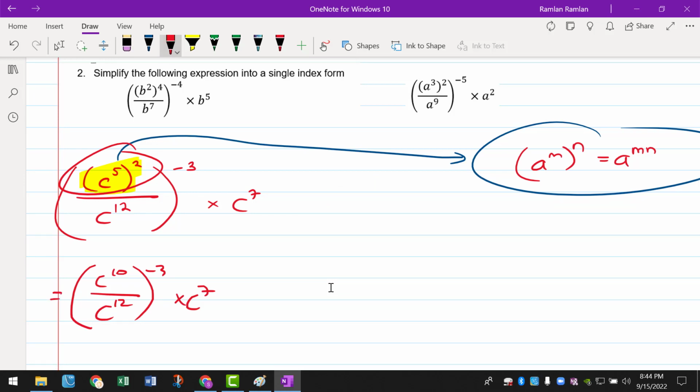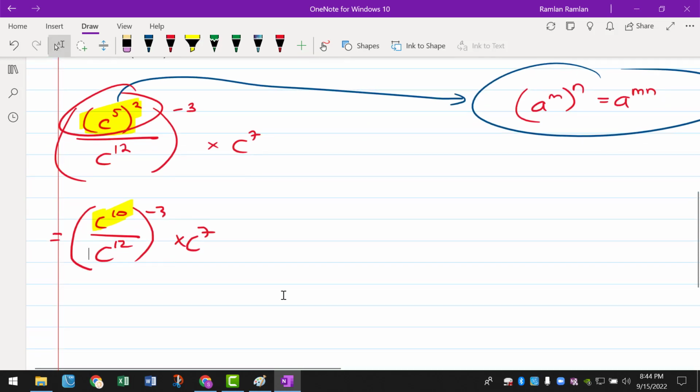Okay, so we have this one changed into this. The one that I highlighted, 5 times 2 is equal to 10. And then again, inside the bracket we still have a process, since we have the same exact base. Because this is a division, we can just subtract the powers, so that will be equal to c to the,